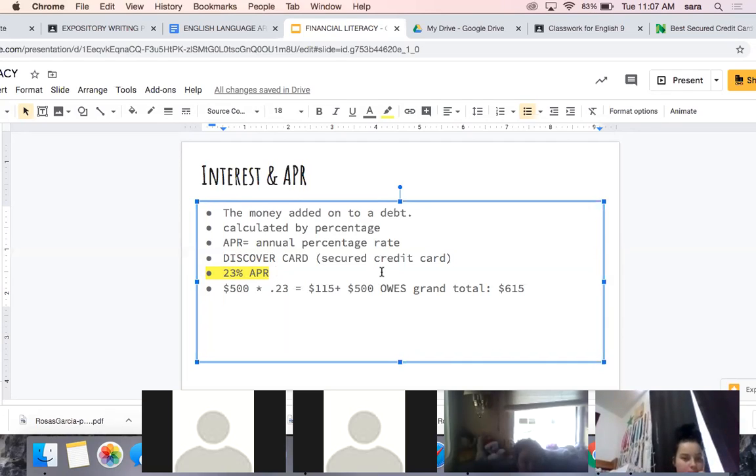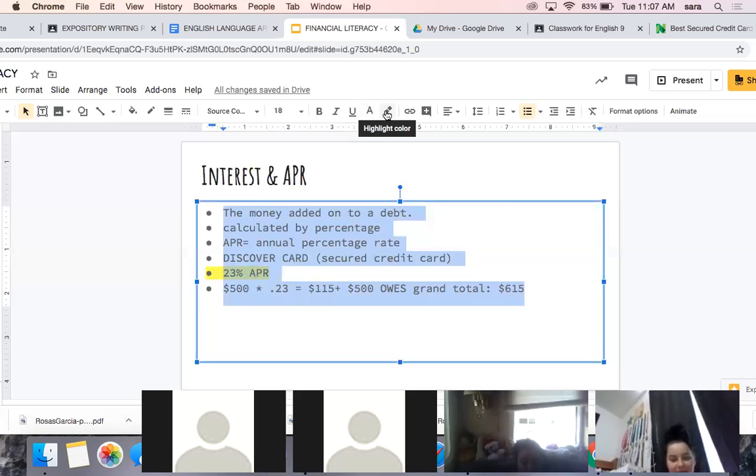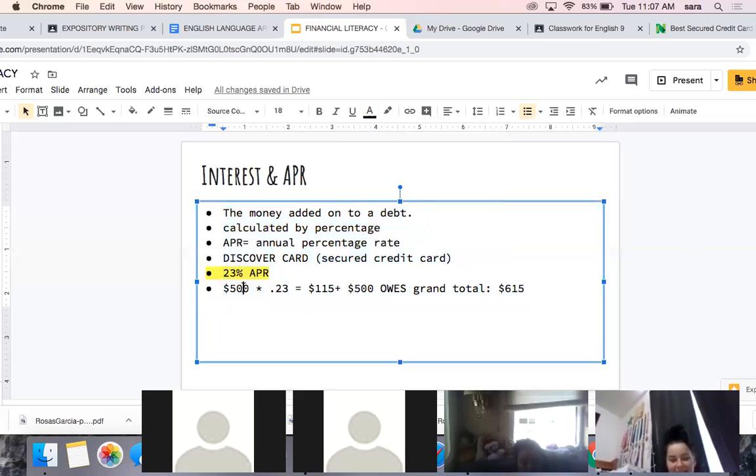Which is why my best advice to you when you're 18, you're fresh out of high school, you're new to this whole financial thingamajig, don't go for $500. Don't spend $500 from your card. Spend 10 bucks. And if you can't pay those back, they won't charge you more than 20 cents for the interest, right? Because you're not spending that much. You don't have that much debt, okay?